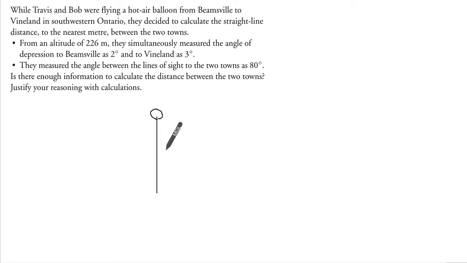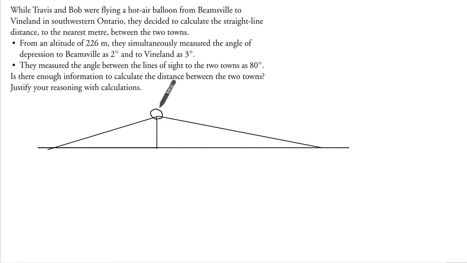Okay, so that means here. So something like this. Angle of depression is very, very small. So this is Beamsville and this is Vineland. What they're telling us here, so if this height is 226 meters, to Beamsville this is 2 degrees and this